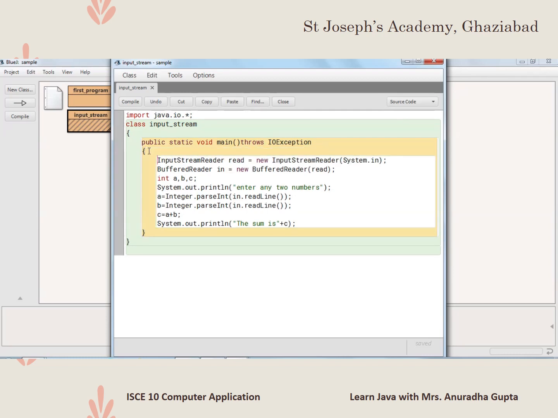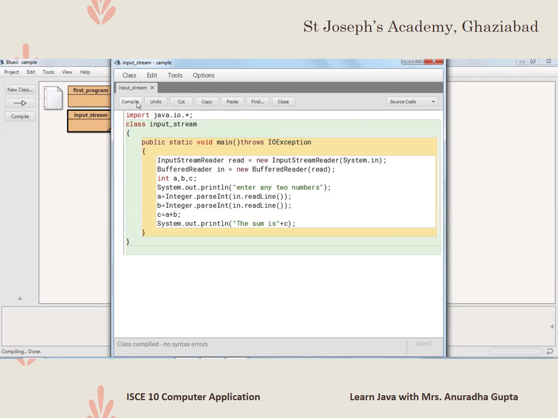Then we have declared three variables a, b and c. Two values we are taking with the help of InputStreamReader, a and b. I followed the same syntax, you have to follow the same syntax of accepting an integer value. We added them in c and then we have displayed the output.